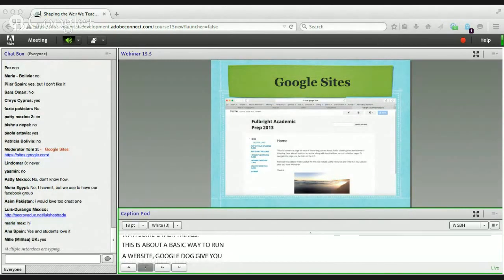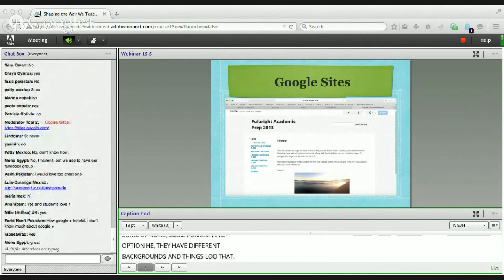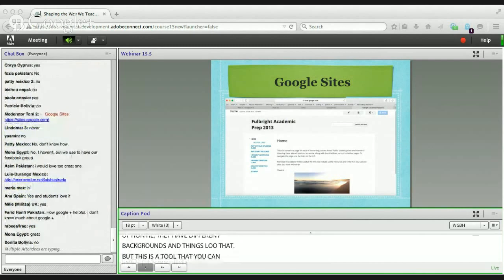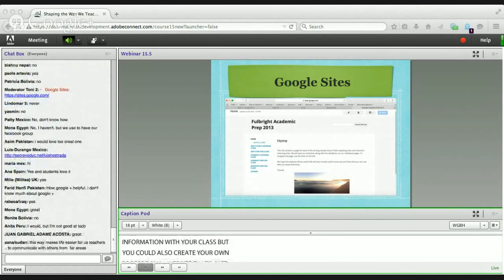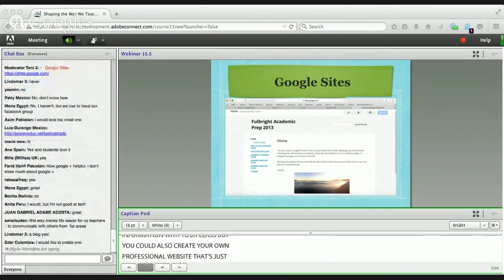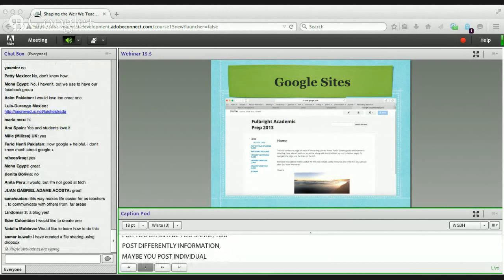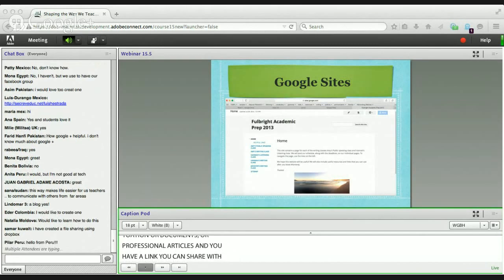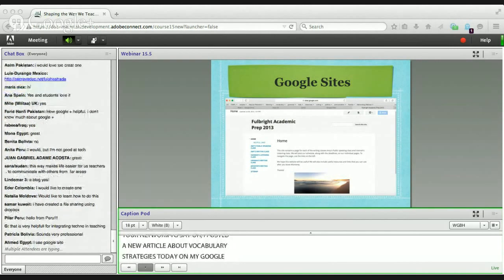But this is a tool that you could collaborate with, that you can share information with your class, but you could also create your own professional website that's just for you. Maybe you post videos or documents or professional articles, and then you have a link that you could share with your network to say, oh, I posted a new article about vocabulary strategies today on my Google site, check it out. And then you put your link in your email or whatever else, and everyone can have access to